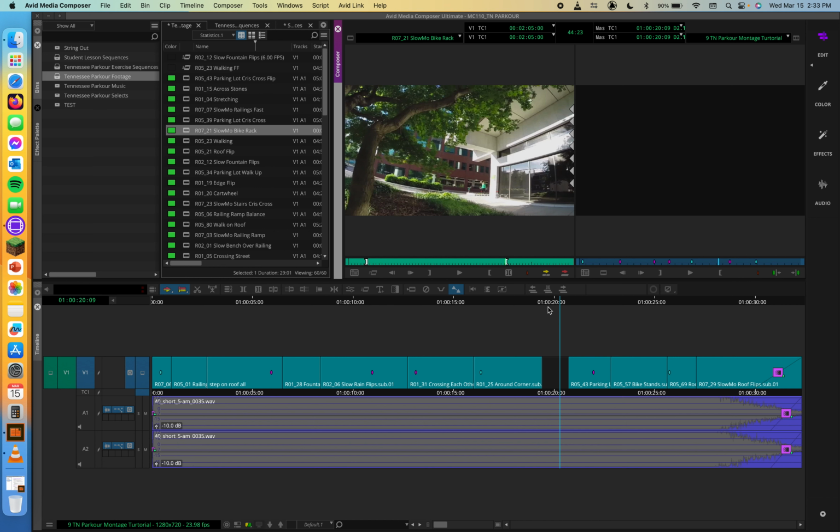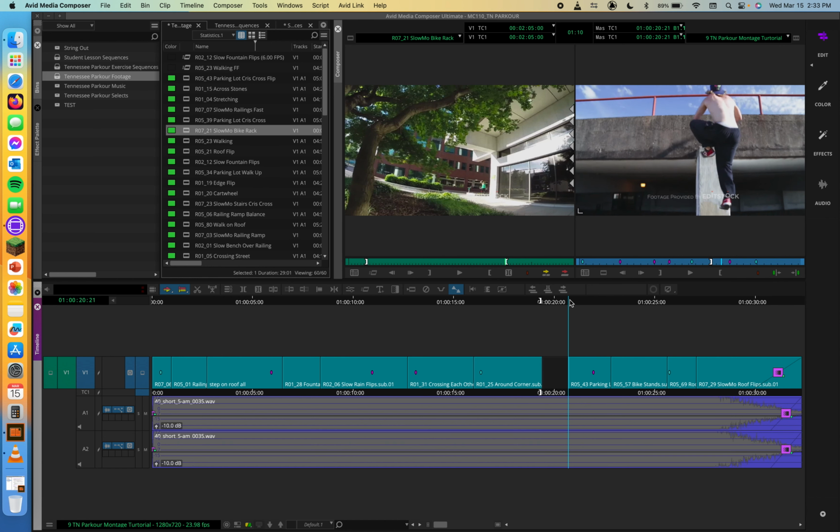We have to have an in and out in a timeline, and we have to have an in and out in our source monitor. Because we're saying we need to fill this content here in our timeline. We want to use this content in our source monitor to fill that timeline content. So with the clip or subclip loaded in our source monitor, we can set our in and out marks like we said before. We can set our in and out marks to specify the location in our timeline as well. I'm going to hold Command to snap to this position. I'll set in, and I'm going to hold Command again, snap to that position. I'll set an out. So now I have a specific region in my timeline marked, my correct track selectors selected,